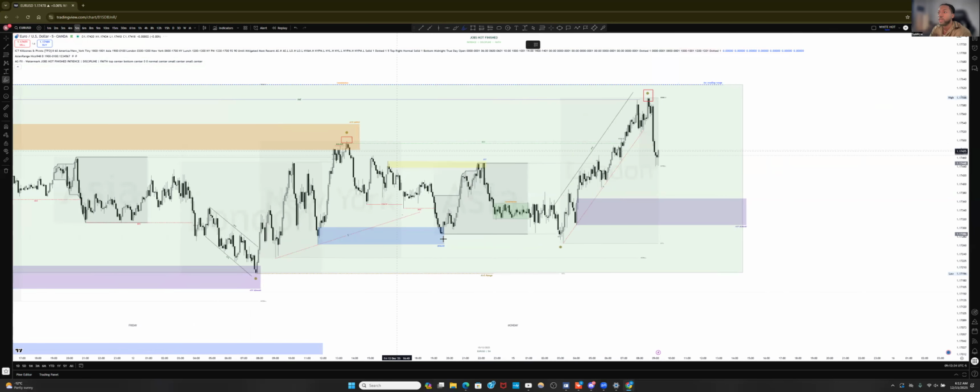previous day. So we've had, let's say, this 5-minute low. Let's do this high. Let's do this low. Let's do this high. Let's do this low. Let's do this high. Let's do this low, which led to this high, which led to this low. Then we had the inducement of that 5-minute high. So we can say this 5-minute low here led to this 5-minute high, led to this 5-minute low.